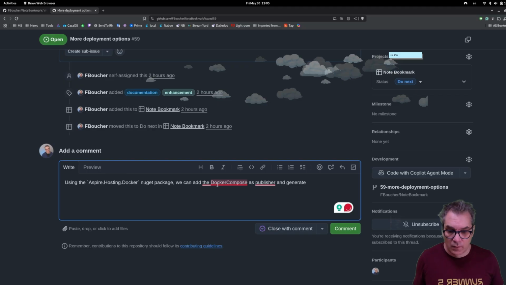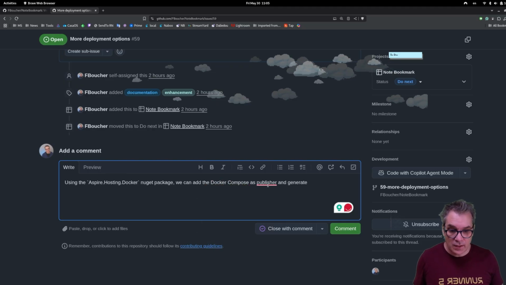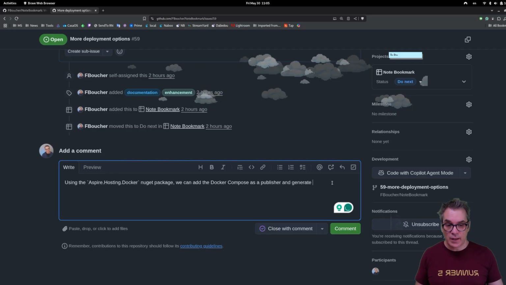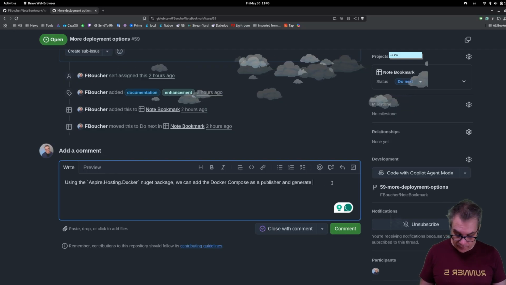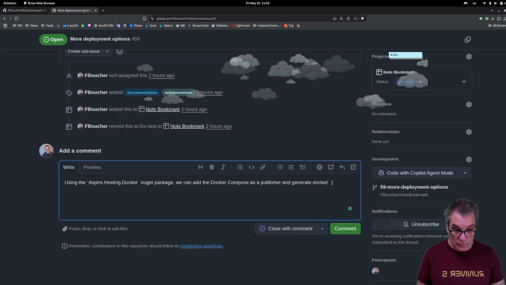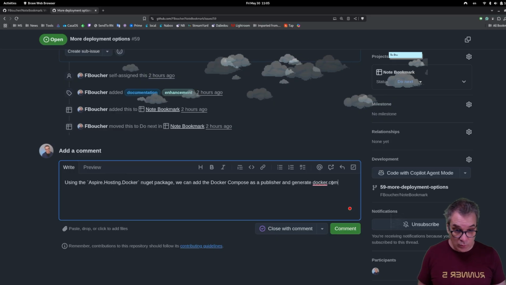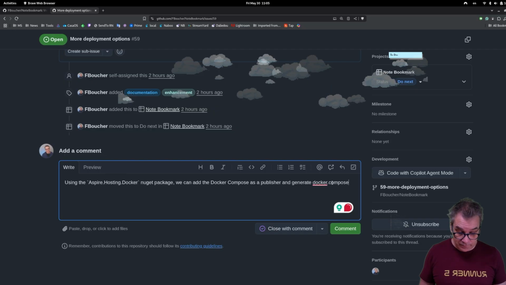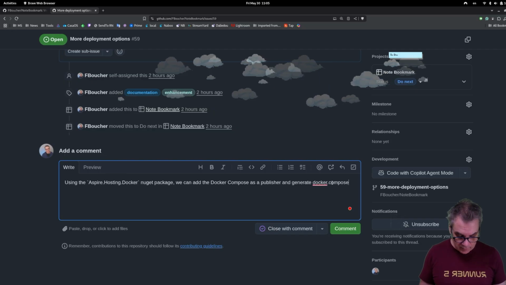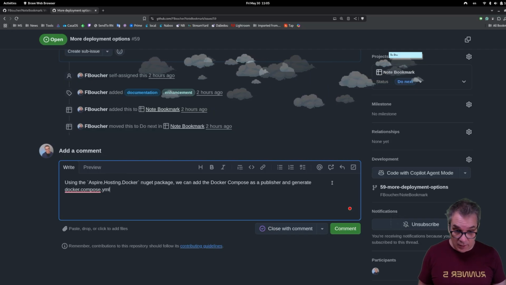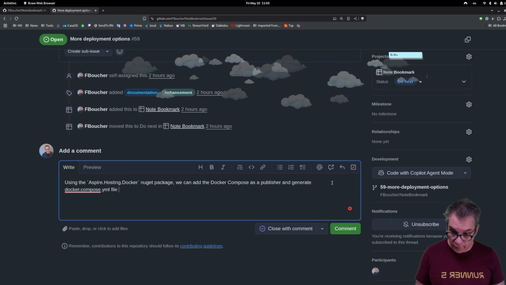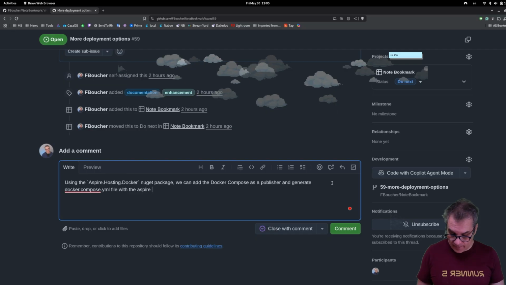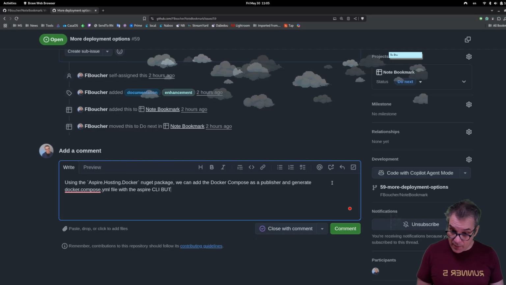Okay. Yeah, like a space here. What's publisher? As a publisher to generate the Docker compose file, and it's YAML, right? A .yml file with the Aspire CLI, but